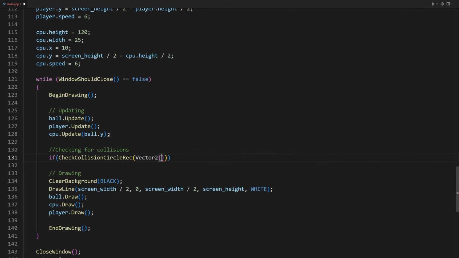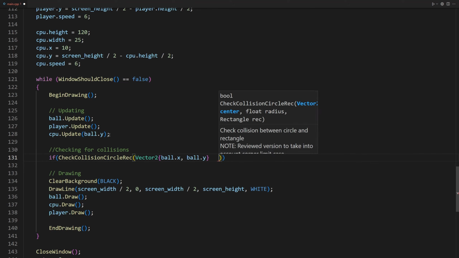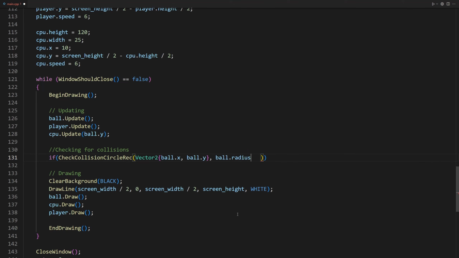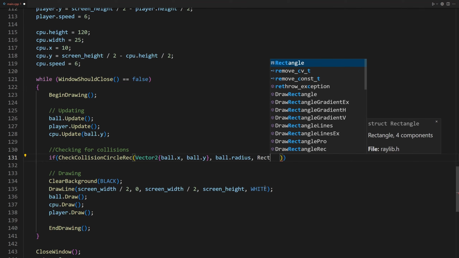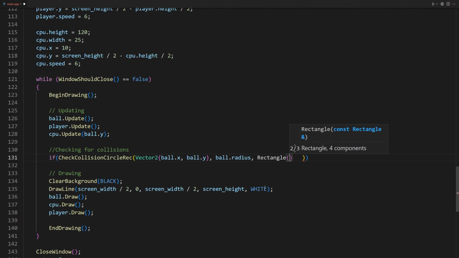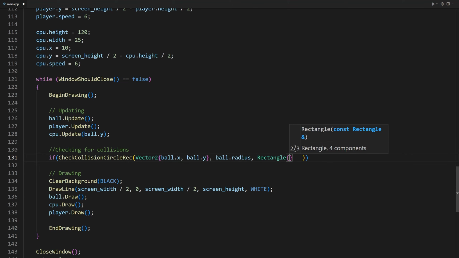The first argument is of type Vector2, so we type Vector2 curly brackets, and we just pass the x and y coordinates of our ball object, so ball.x, ball.y. The radius is just the ball radius. The last argument is the rectangle we want to check for collisions. It is of type Rectangle. So we need to give it the top left corner coordinates of a rectangle and the width and the height of that rectangle.